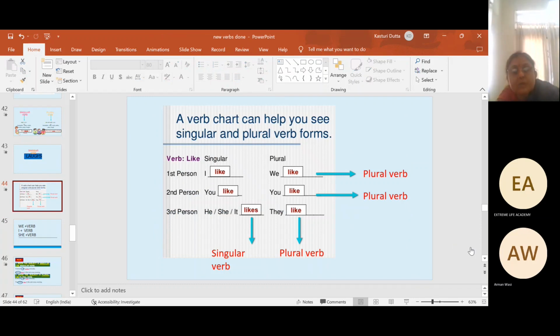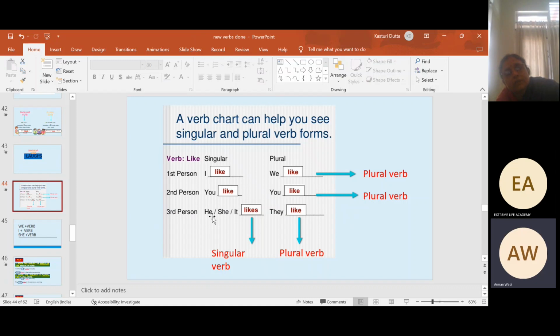Understand? In grammar, especially pronoun and verb mixed together, everything follows the subject. That is why the concept of pronoun is very important. If first, second, and third person is not known to you, we cannot say anything in grammar because you will get mixed up. Suppose I say he, just listen to the sentence. He goes to the market or he go to the market. What will it be? Yeah, it will be he goes to the market.